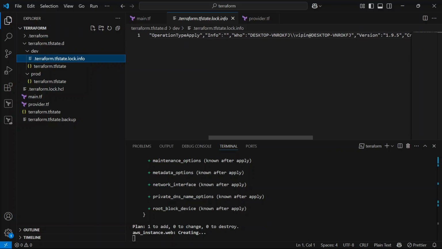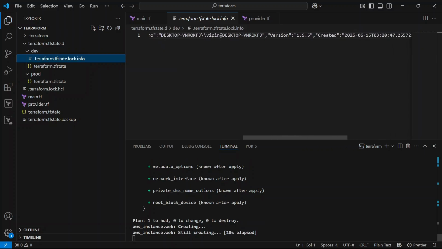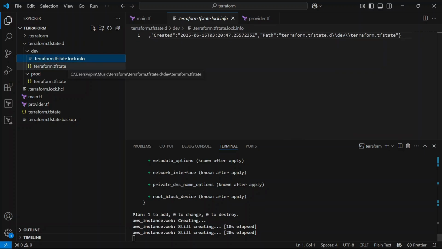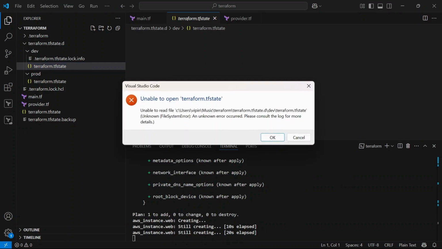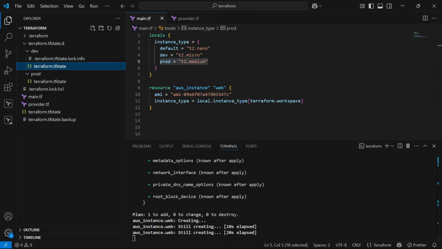If you see here in the log, you can see some info, and the tf state file under dev is getting created. So wait for a few seconds.